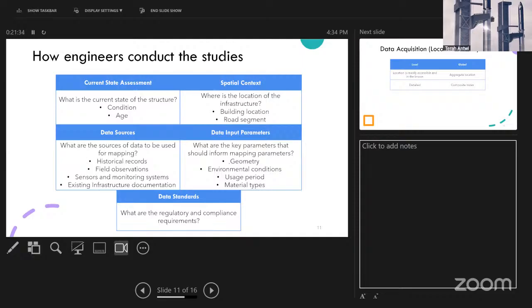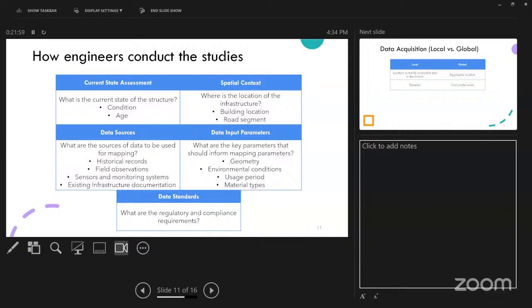And so we also factor in key parameters. Not all the conditions you pick as data will play a role in your mapping. So it's important to know what exactly you're looking for and then collect data on them, because one of the things that decision makers also face is that we often